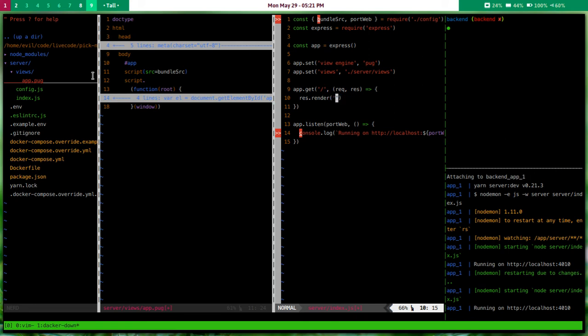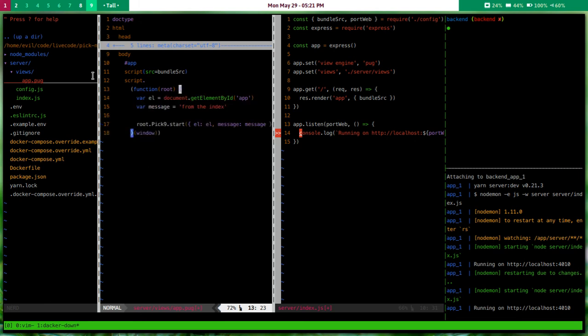And we'll render this to be app. And we need to send in our local variables, so that's going to be bundle source. So bundle source will now get passed in with that. And now we have bundle source. So if this all works and it's reading properly from that,